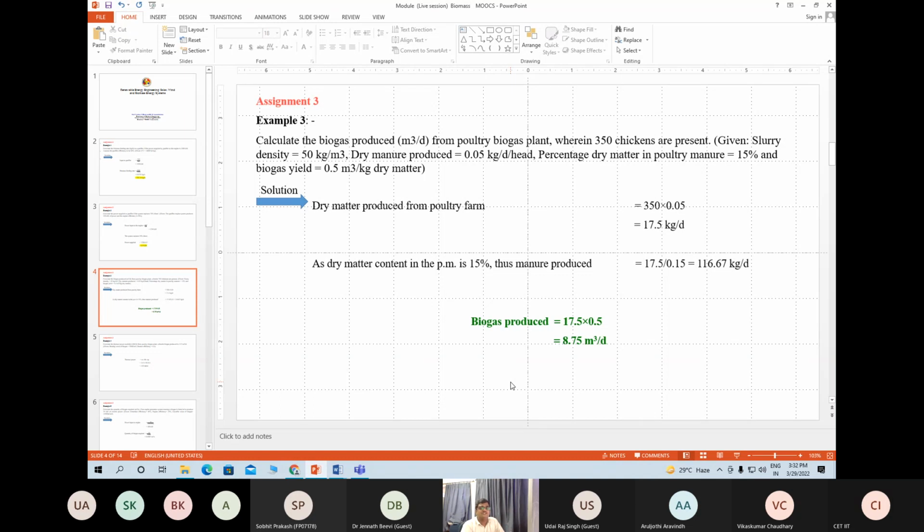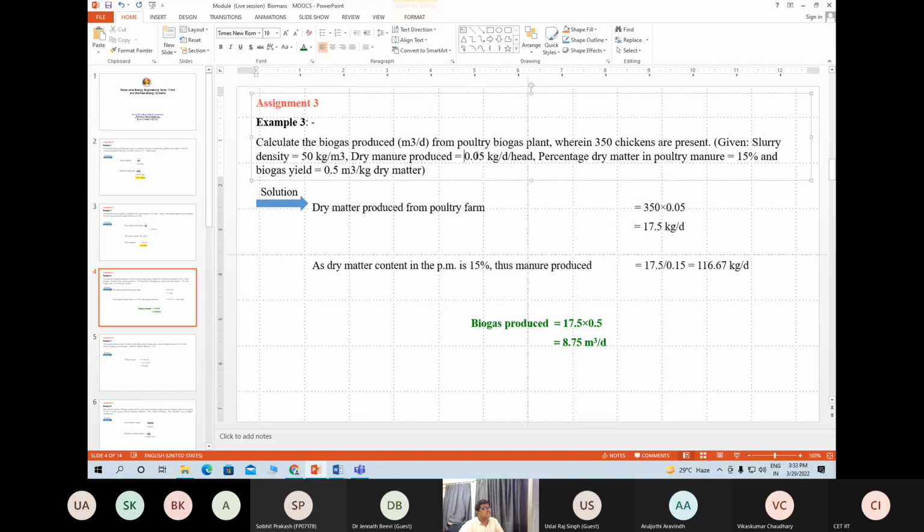So that is the advantage, that because of that it is converting into a very high value material. So this is not a material but high value energy. Clear? So the dry manure produced in this case is given as this much, means 0.05 kilogram of dry manure